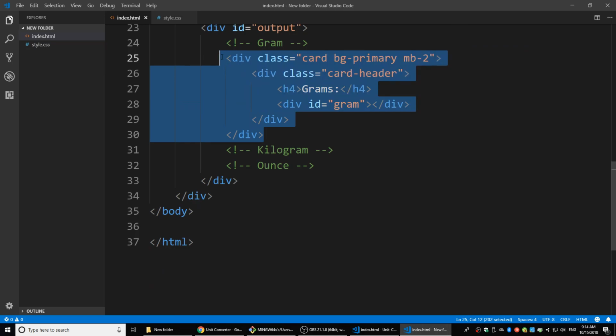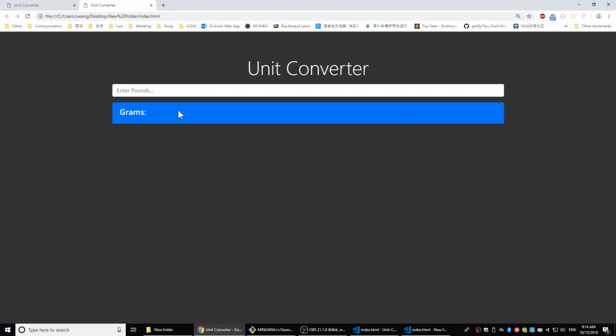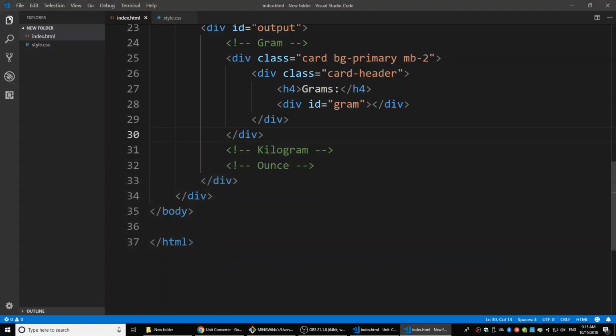And let's copy this whole thing. Let's take a look at it. Right, this is how it looks like. It's just a blue rectangle with a header saying grams. I'm just going to copy that, and then make one for the kilogram with a different